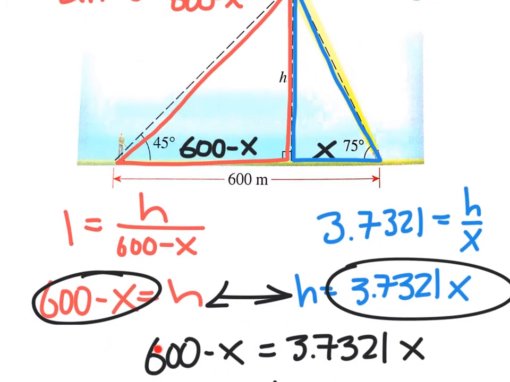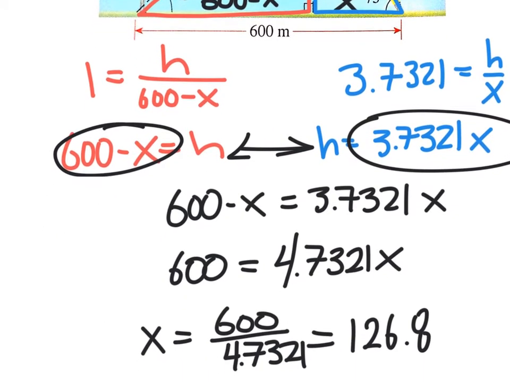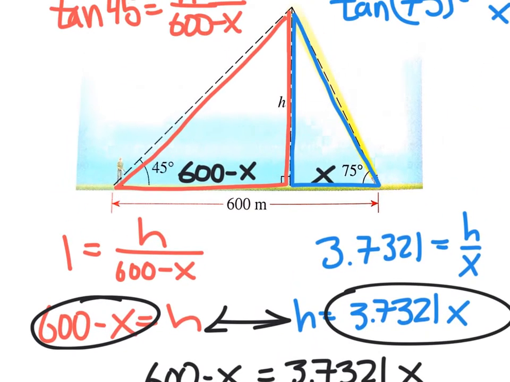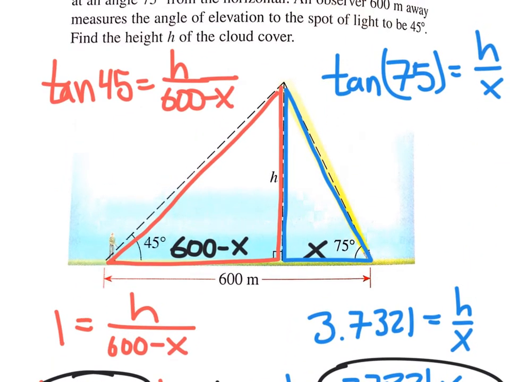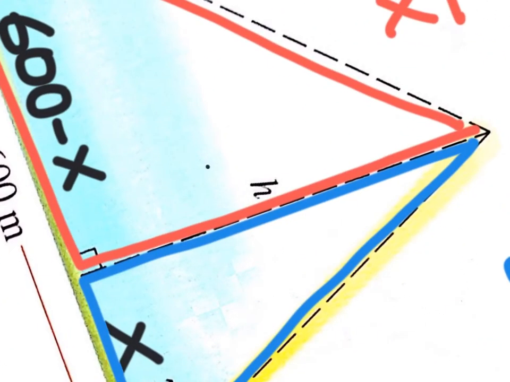Hey, I've been solving these for years, right? Add x, divide both sides by something. So we added x, divided both sides by that, and we get 126.8. I solved this out beforehand, obviously. I got 126.8, and I was all congratulating myself, patting myself on the back. And I looked at the diagram, 126.8. I said, all right,